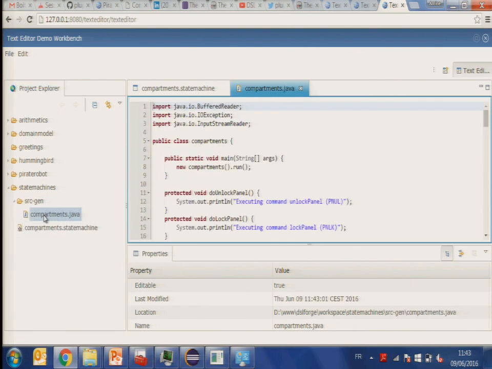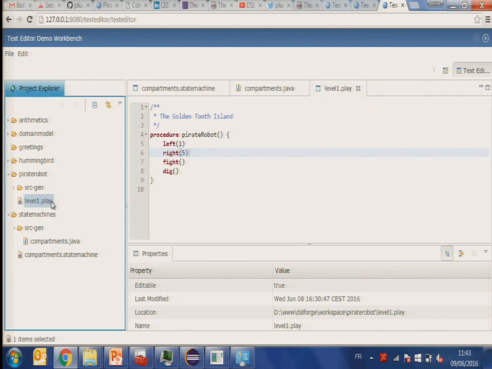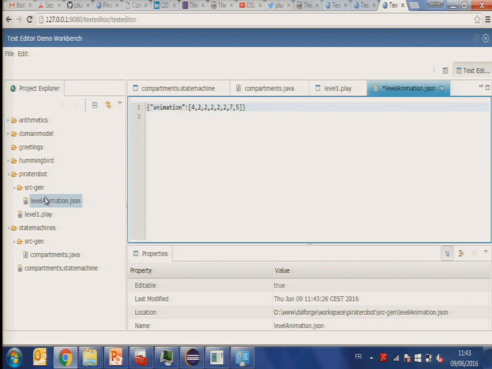So here we are simply using the generator that is provided by default with the example. This is the Pirate Robot language. So here we have the instructions that we have entered in the coding game, and we can generate, this is the JSON file.